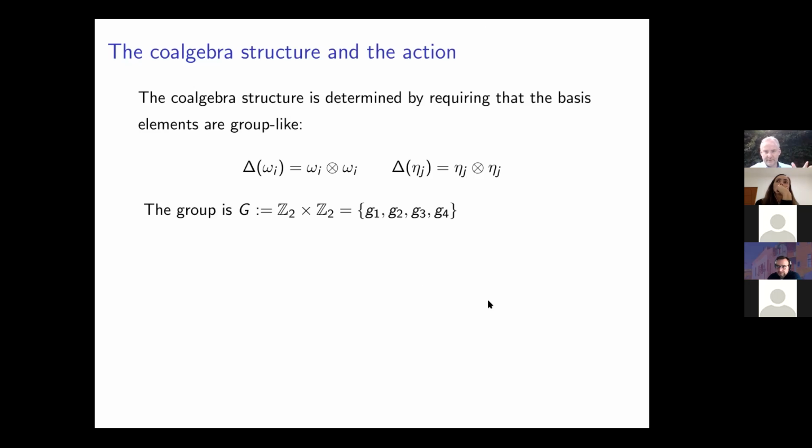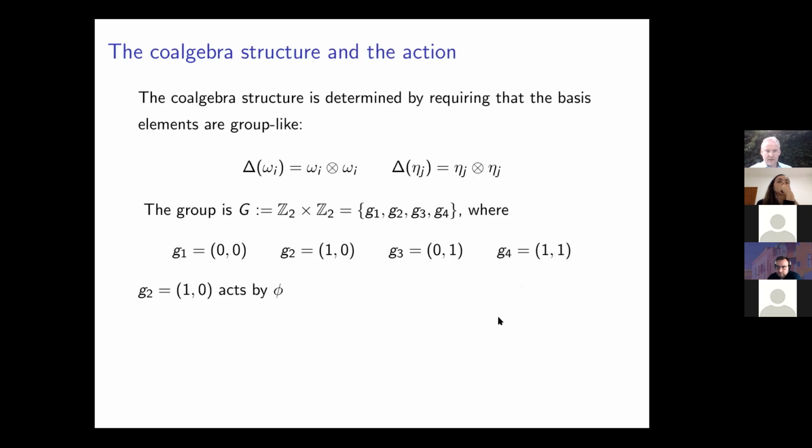And so it is again a Drinfeld-Hopf algebra over the group ring of a group, and the group is just Z2 times Z2, where the group elements in the sequel will be denoted like this: the unit element is G1, the two canonical basis elements are G2 and G3, and their sum is just G4. So it's the Klein 4 group. And of course, it's generated by G2 and G3, and G2 acts by this automorphism phi that I've introduced before,